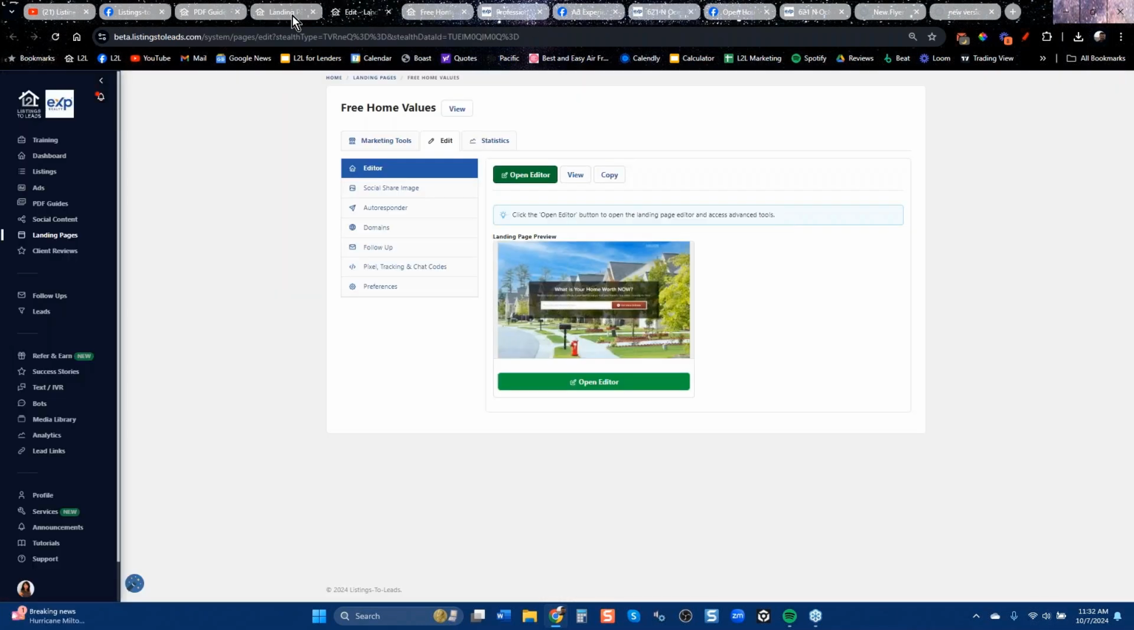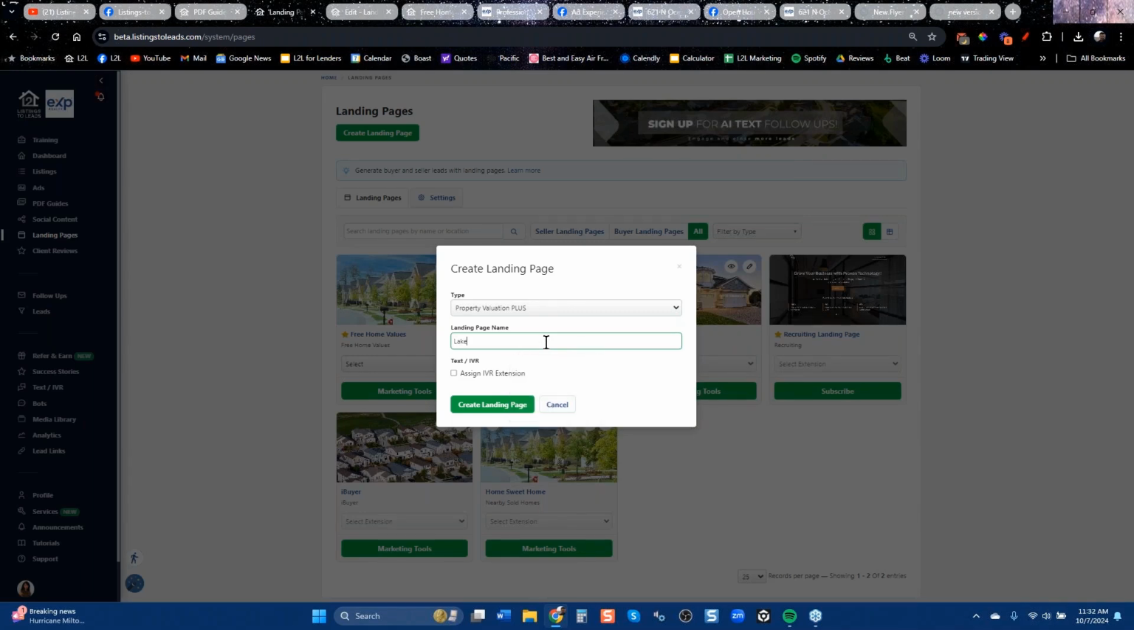So type in the name of the town that you want to really focus on. And this is why I'm saying that's why you need to buy that list of homeowners. In this case, in Lake Worth, if she had a list of homeowners with their name, email, phone number, and address,